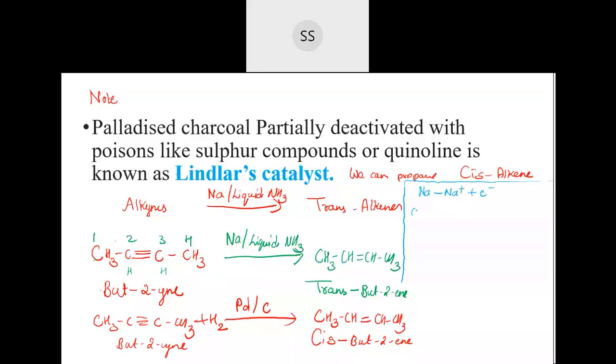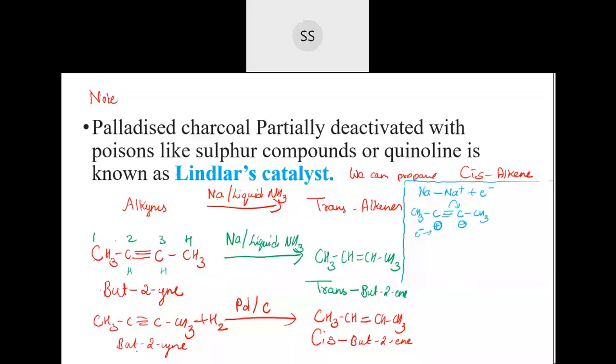This alkyne which we are taking, there will be charge separation happening here. So this carbon will get a minus charge, and one carbon will get a positive charge. I'm shifting this triple bond, and when I shift, I am shifting the electron density on the carbon. Because there are so many charges present now, this molecule also will get polarized. Now this electron which is given by the sodium will be taken by this carbon. This deficient carbon will receive that electron.